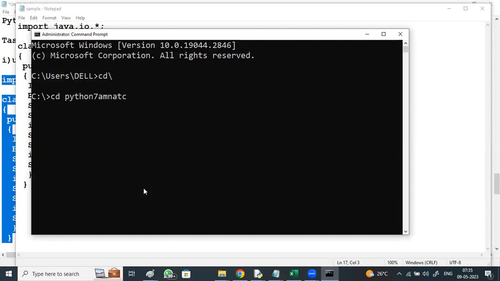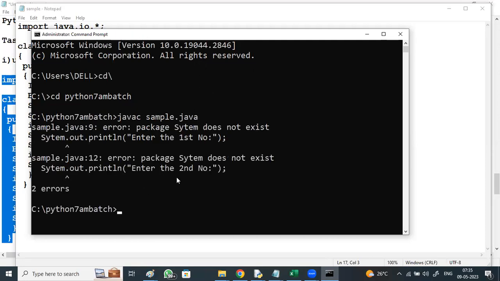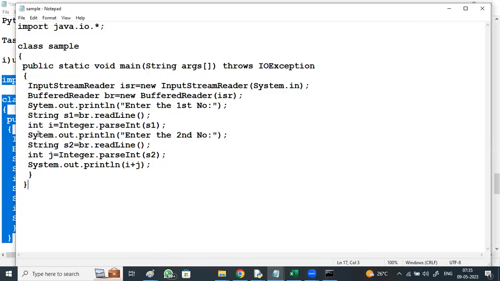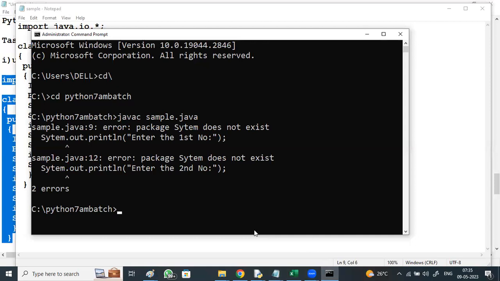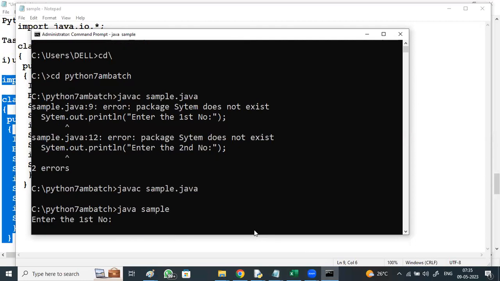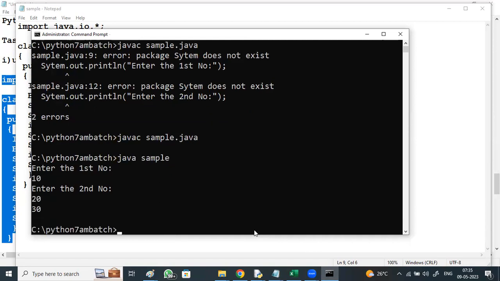Javac sample.java. Sorry, there is a typo in System, it should be System. Save it, compile again. No errors. Now Java sample. Enter the first number 10, enter the second number 20. Sum is 30. This is the coding in Java.